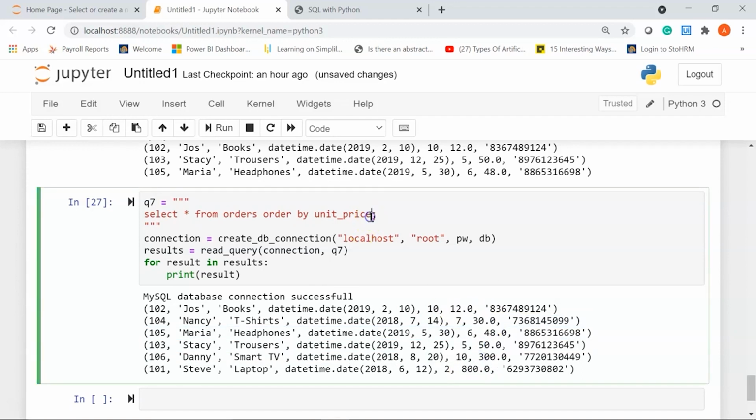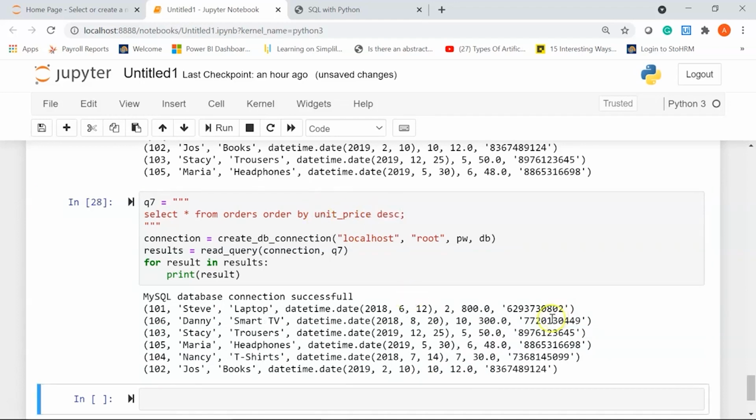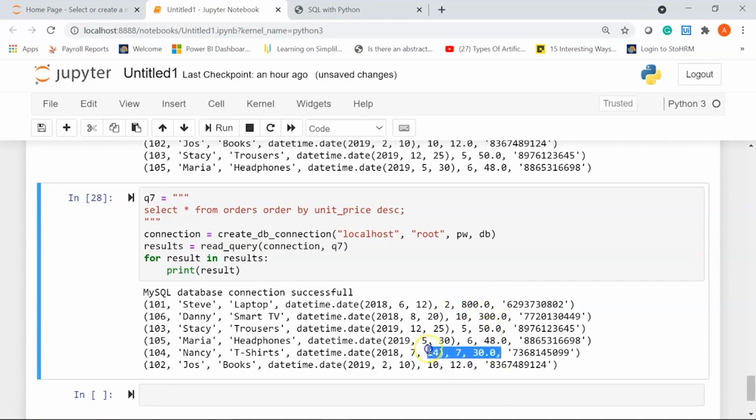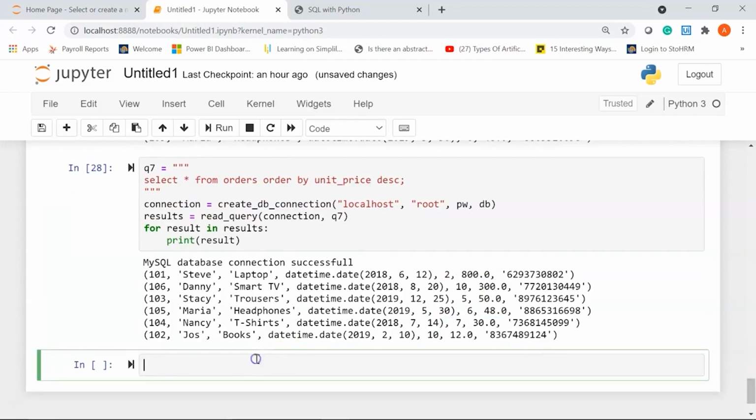Now if you want to order it in descending order, you can use the keyword DESC. So this will ensure your top or the most expensive products appear at the top and the least expensive products appear at the bottom. Alright. Next,